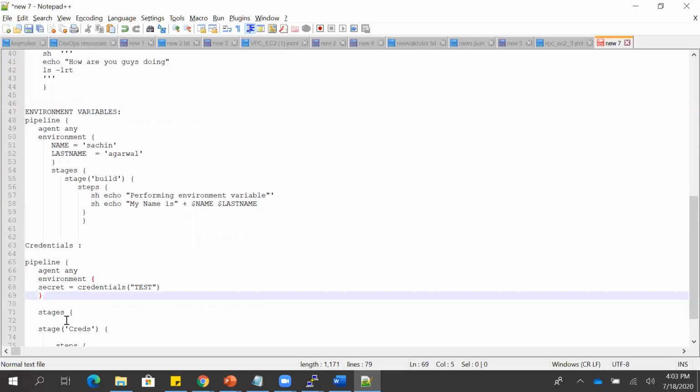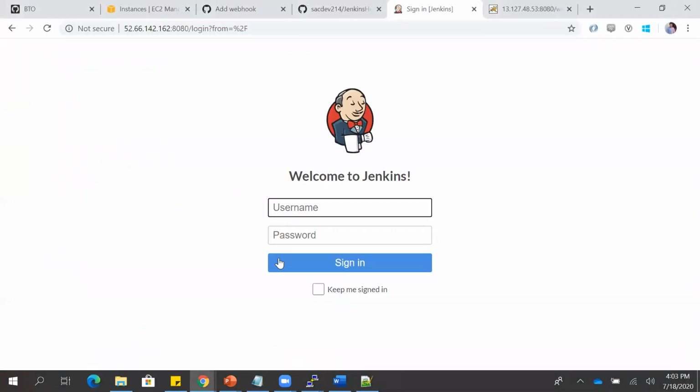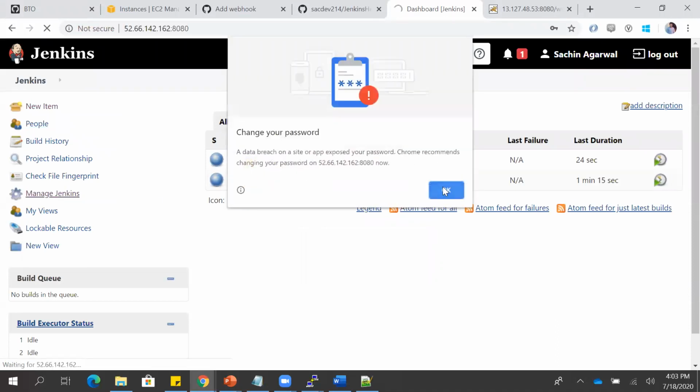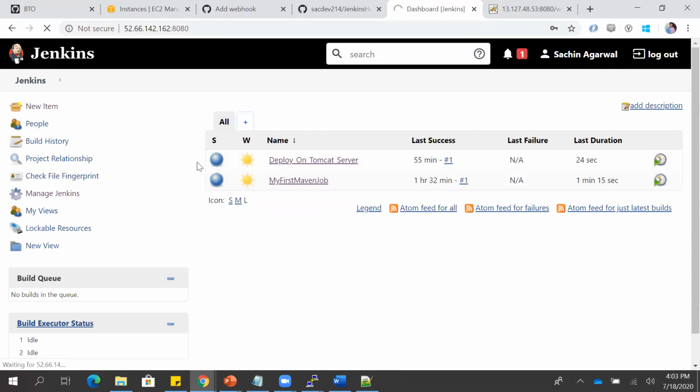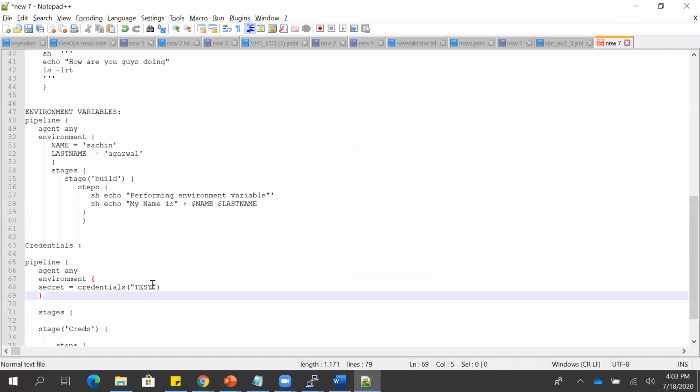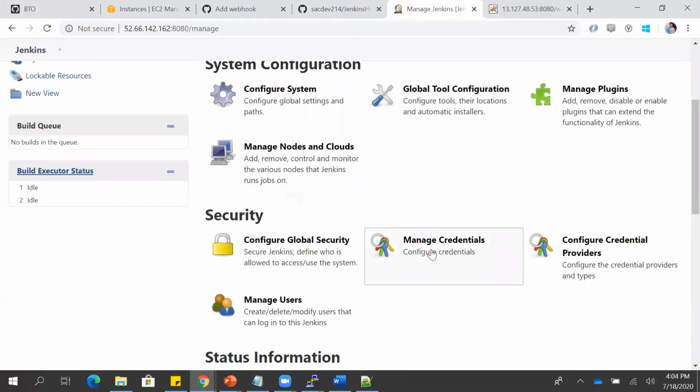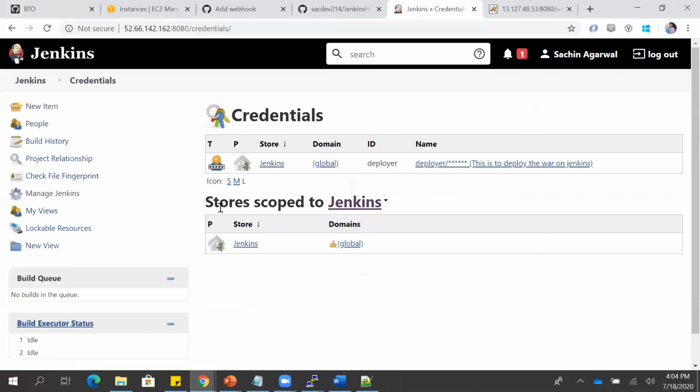You're not giving your secret here, you are giving your secret name, and you go into Jenkins, to manage Jenkins, and here you have to configure that secret with the name which you have given in your code. Here we configure our secrets under manage credentials. Under this, like you have added this here, right? Similarly,